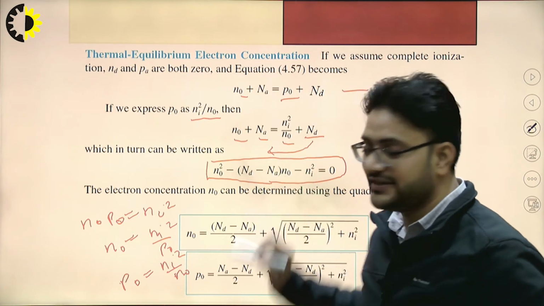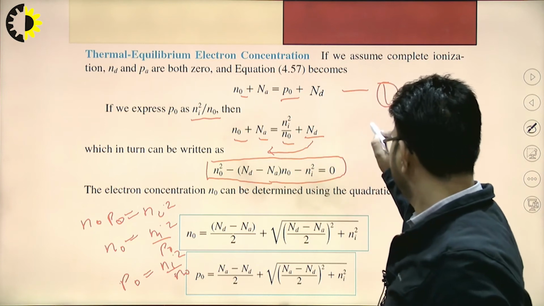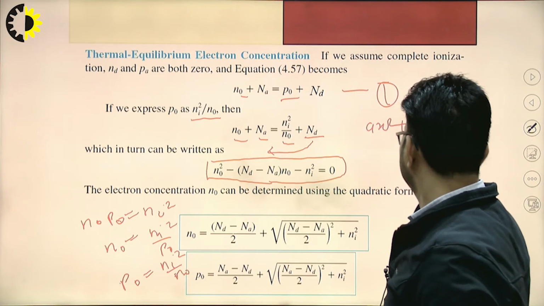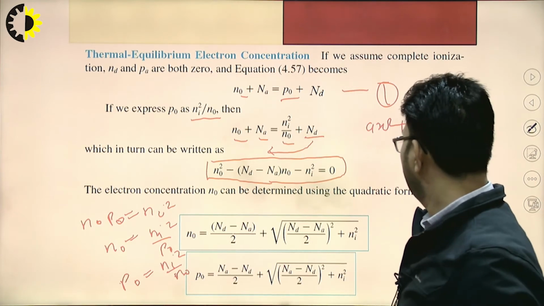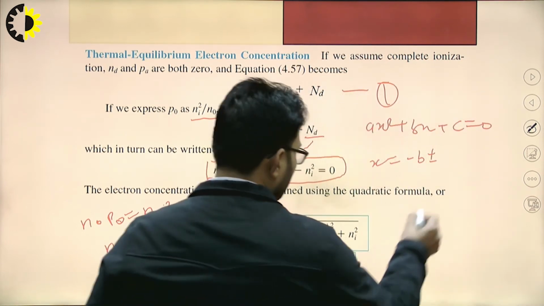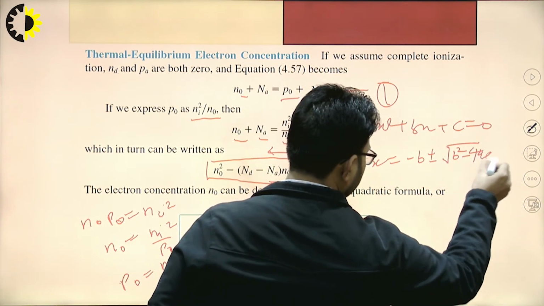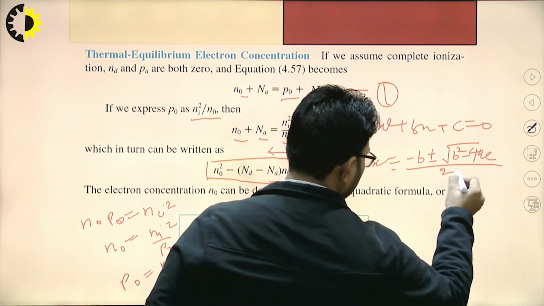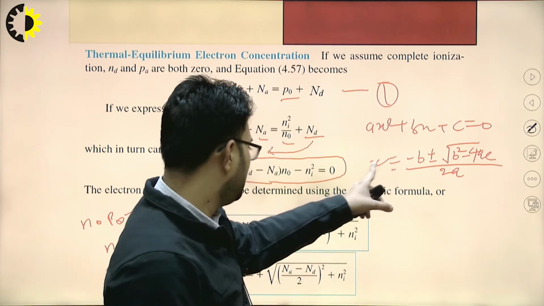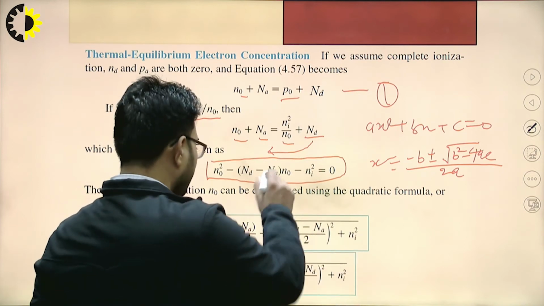So we can solve this equation using the standard formula, that is, if your equation is ax square plus bx plus c equal to 0, then your x will be equal to minus b plus minus root b square minus 4ac divided by 2a. So using this standard mathematical equation, we can find out the value of N naught, right? So N naught is coming out to be,